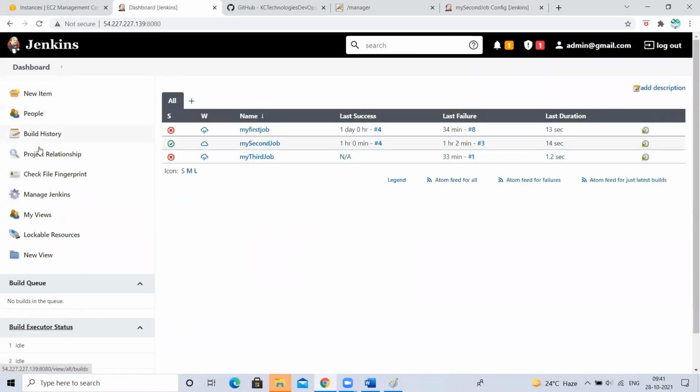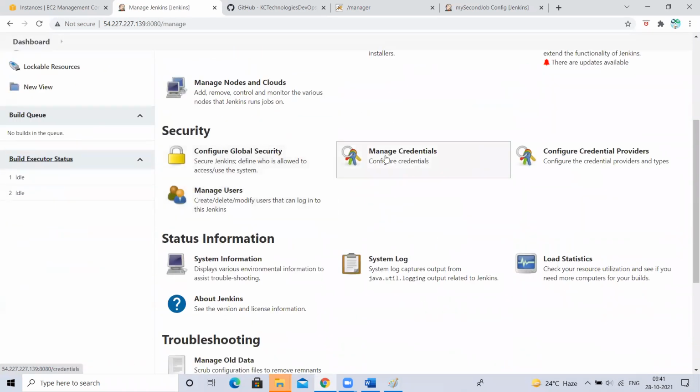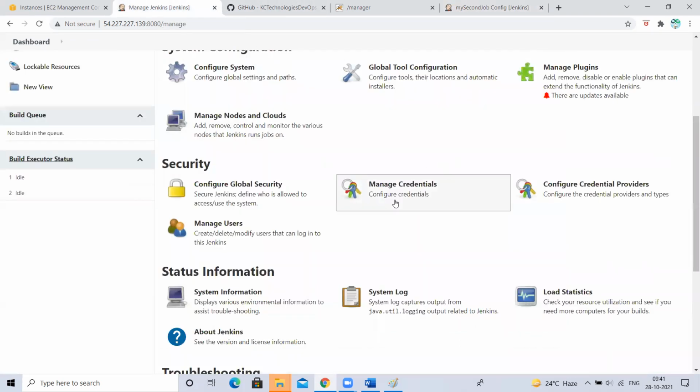But for security things in Jenkins, who can log in to my Jenkins, right? Once you log in to Jenkins, these credentials, whatever we have, right? I've already logged into Jenkins. From Jenkins, if I want to connect to some external tool, like Tomcat, I already logged into Jenkins. I created a job. From Jenkins, I want to connect to some external tools. So while connecting to those external tools, if those external tools need some credentials, those credentials will be present here.